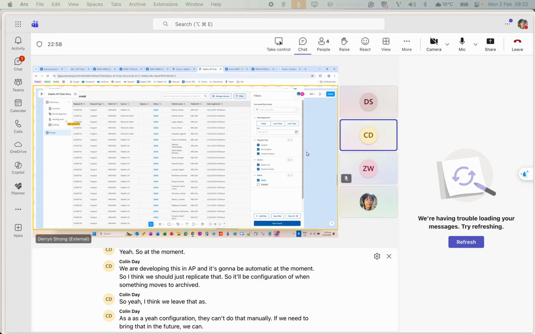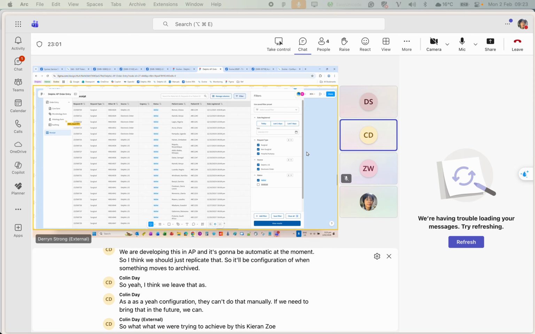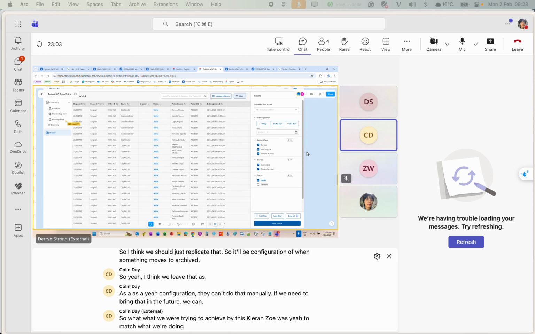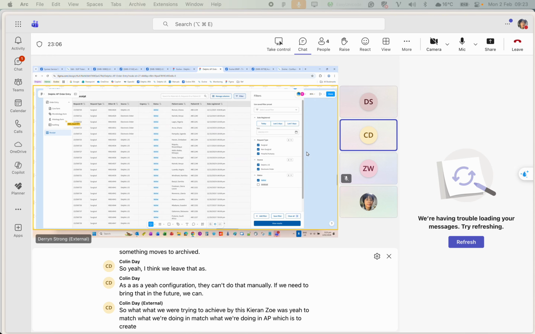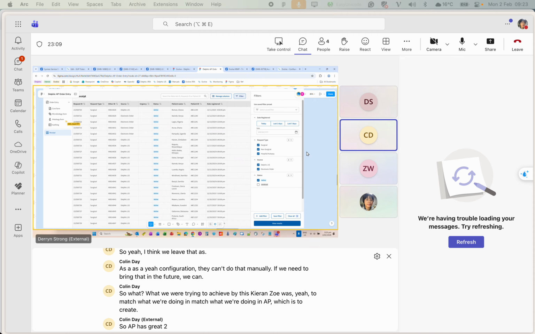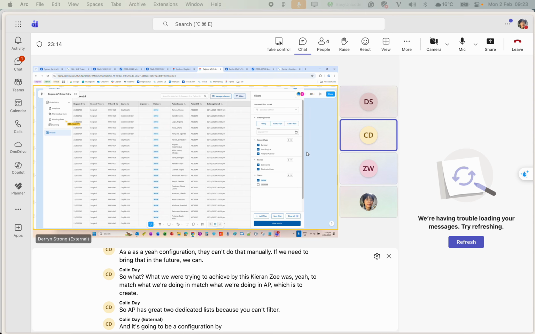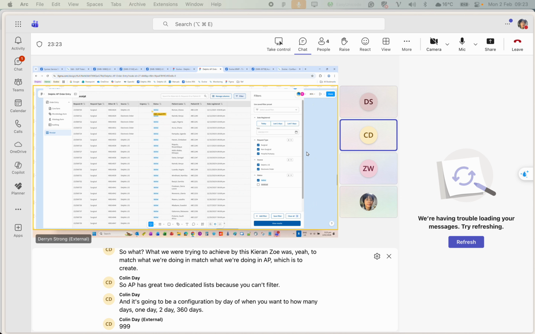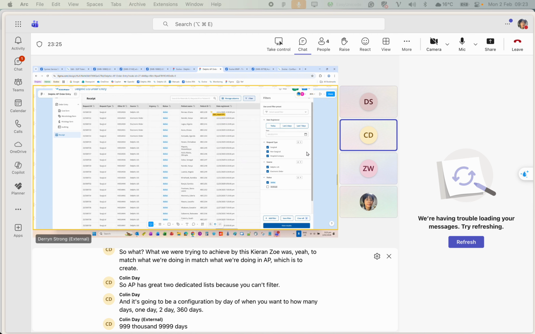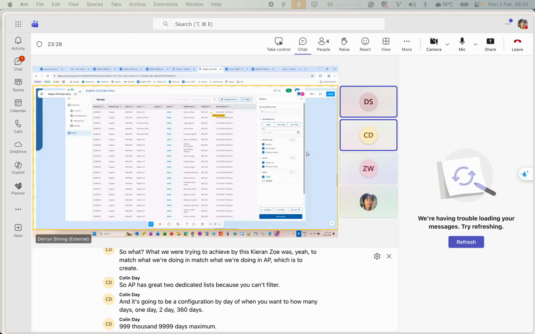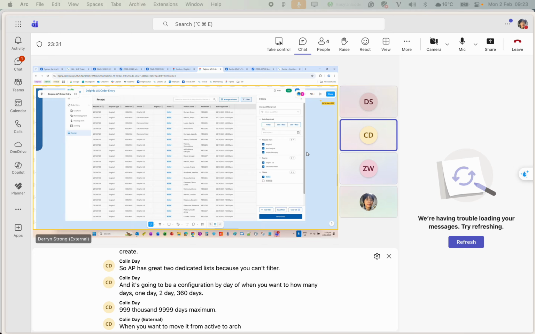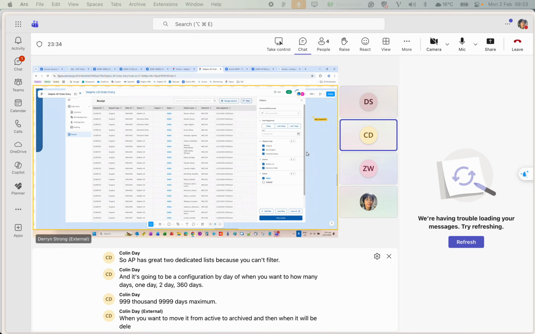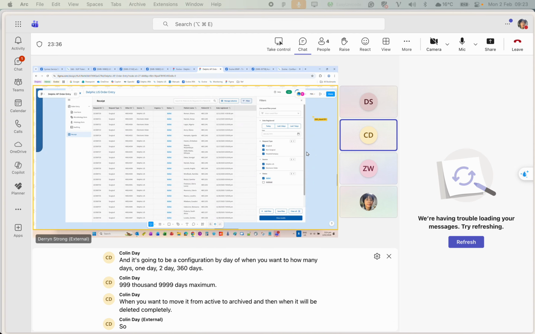So what we were trying to achieve by this, Karen, Zoe, was to match what we're doing in AP, which is to create 2 dedicated lists, and it's going to be on configuration by day of when you want to, how many days, 1 day, 2 days, 360 days, 9,999 days maximum. When you want to move it from active to archived, and then when it will be deleted completely. Rather than do